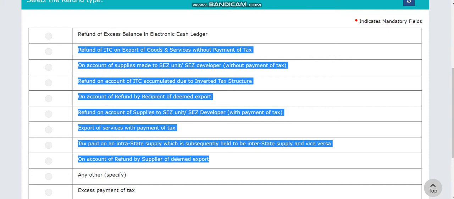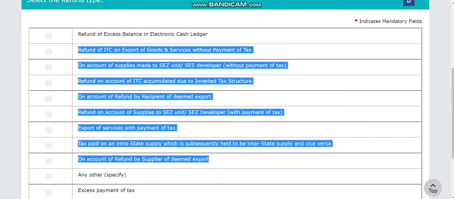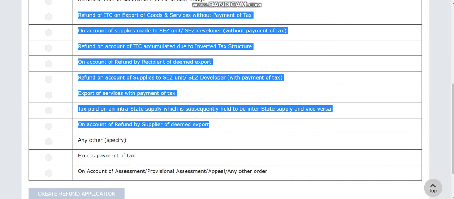The only different way to file the refund for these applications is that when you enter the amount for which you want a refund, there is one offline Excel utility which needs to be filled that matches exact values with your return. When the match is successful, the system allows you to file the refund. That's it. This is the only additional thing that needs to be done. For the remaining types, you don't have to attach any Excel utility. You just have to enter the details and you can file the refund.